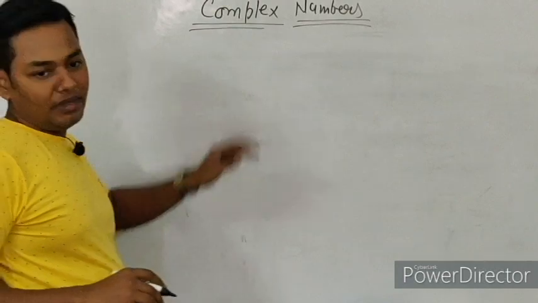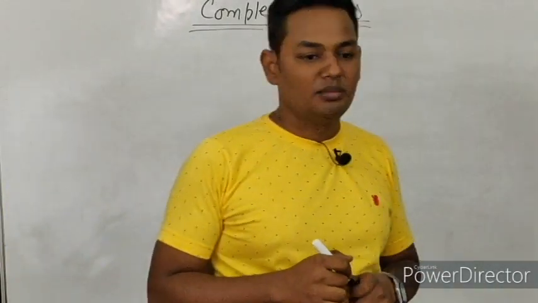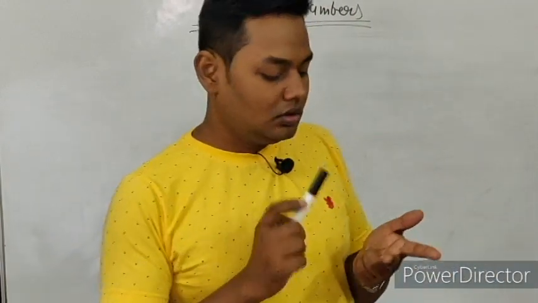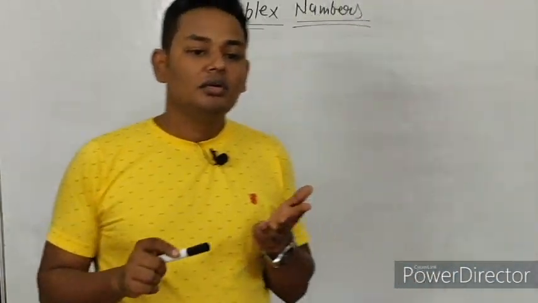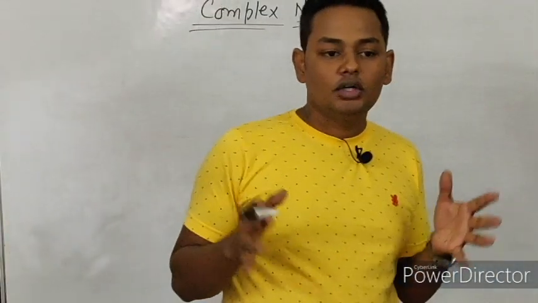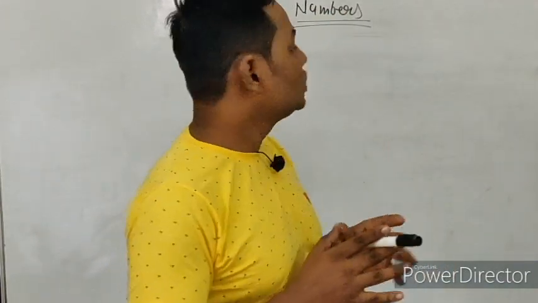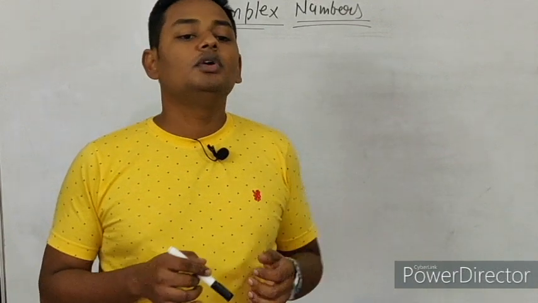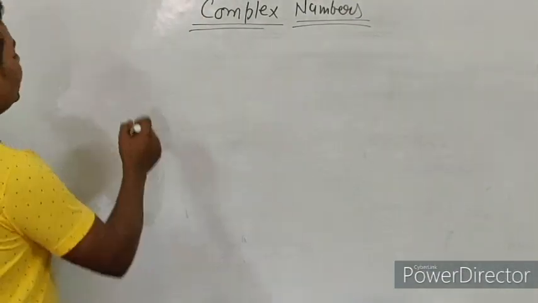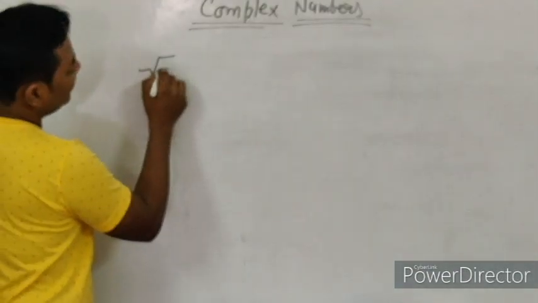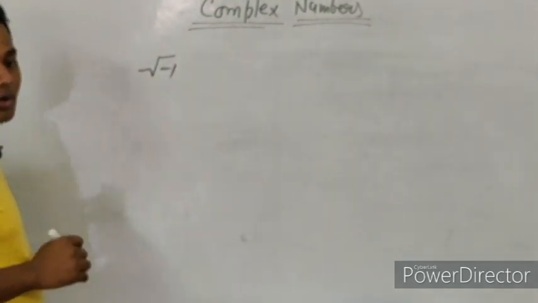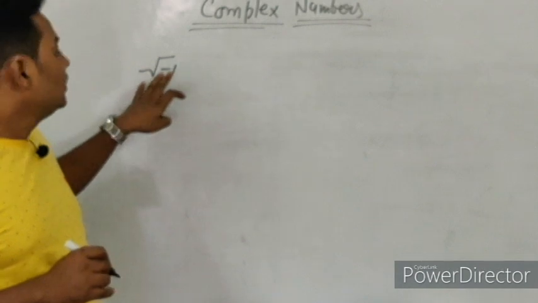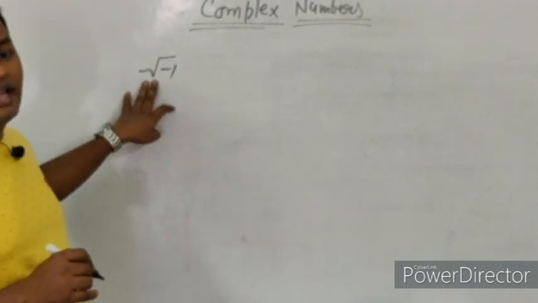Before we start the complex number, we should know about the real number, the set of real numbers. What about the set of real numbers? Natural numbers, integers, whole numbers, even, odd, all are in the set of real numbers. So if you talk about this quantity, we are able to solve. But when we get something under root, any negative quantity, we are not able to define this specific value.